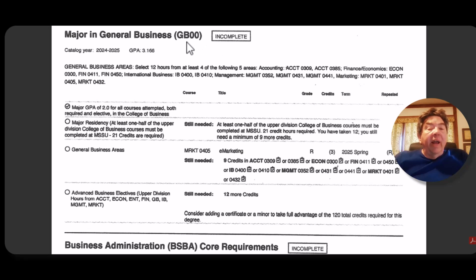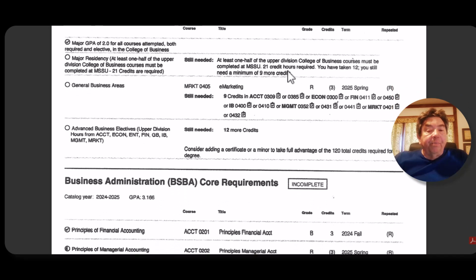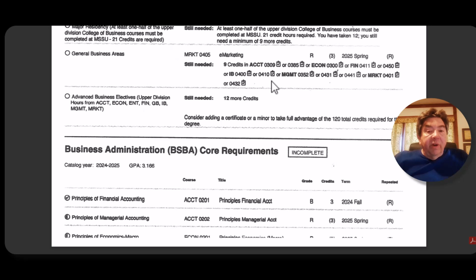If you were in a marketing or you're in management or human resources, you would have different classes listed down here. So we'll just use this as an example. So if I'm a general business major, I have to have 12 hours in at least 4 of the following 5 areas, and it lists them all out here. So down here, I would have to have 4 classes, which is 12 hours, in